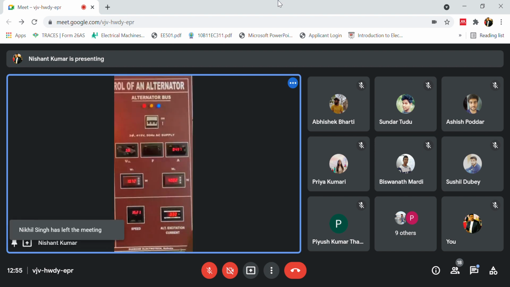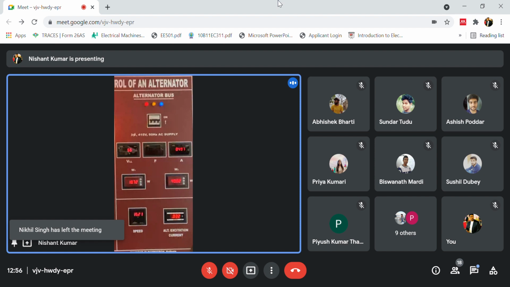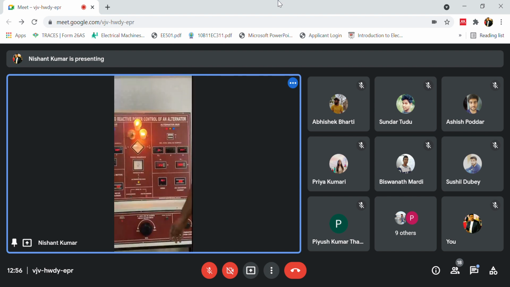These are the residual current and residual voltage you will get because the alternator is also rotating at that speed where it should start generating, but we haven't provided the excitation yet, so there is no generation. But because of rotation you will get some residual voltage